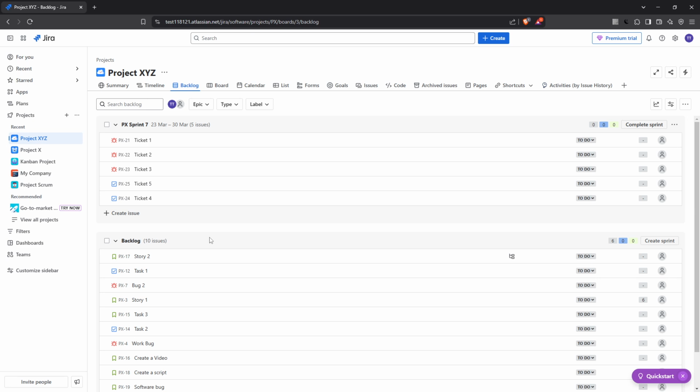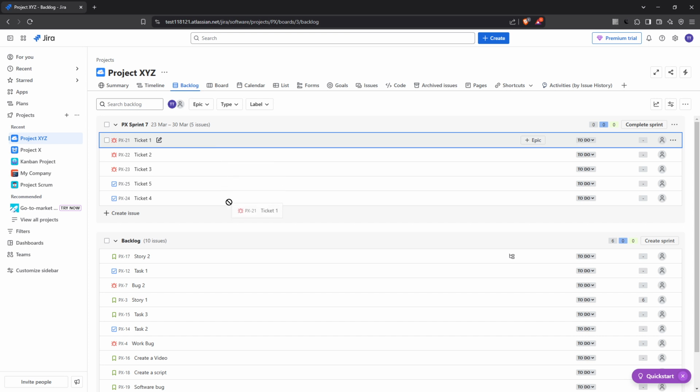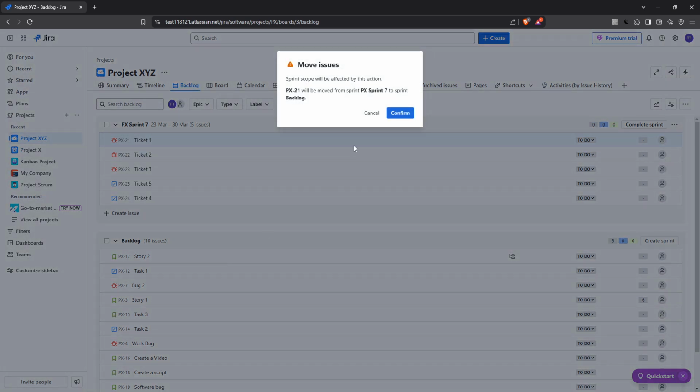Now, to actually move a ticket or issue to the backlog, it's as straightforward as dragging and dropping. Locate the specific issue you want from your list within the active sprint. You'll then click and hold on that issue, don't let go yet, and drag it over to the backlog section. Once you hover it over the desired location in the backlog, simply release the mouse button to drop it into place. It's instantly moved from the current sprint, so you can seamlessly manage what's being worked on and what's planned